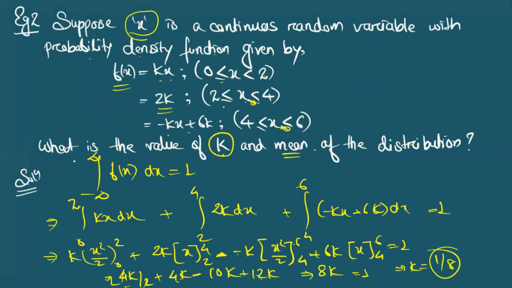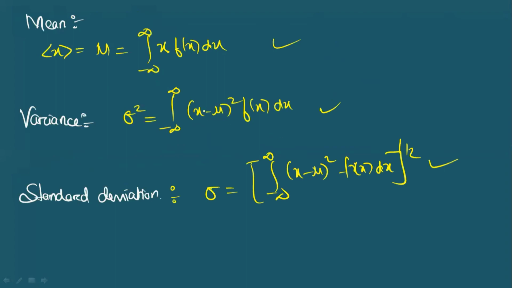So this is how you can solve the questions. Just you will have to use the formula. Clear? From this you can calculate the variance also, then you can calculate the standard deviation also. When you are asked to calculate the variance, you are getting the mean, so subtract it from the random variable x, and then you can do the rest. The only thing is that you will have to remember these basic things.